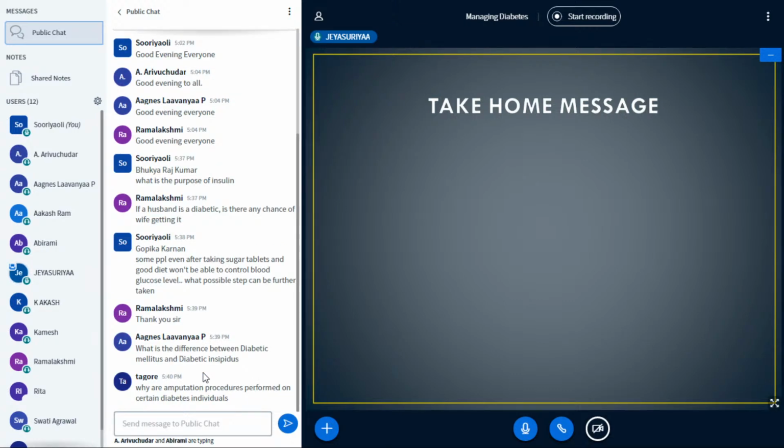Now, coming to the concept of what is diabetes insipidus. Diabetes insipidus is a hormonal imbalance. It is very different from diabetes mellitus. It is actually an imbalance of body fluids. To be more simple and more precise, it makes us feel thirsty, and it leads to production of large amounts of urine. That's it.